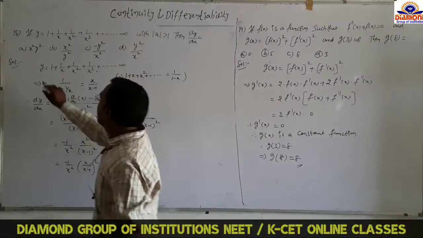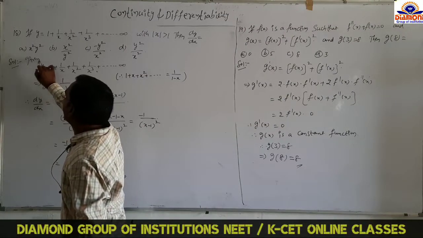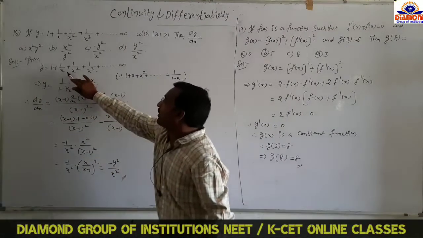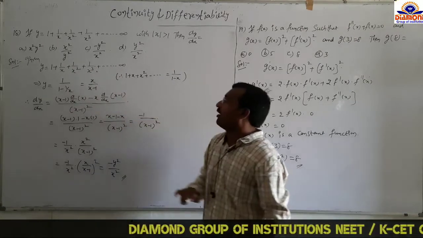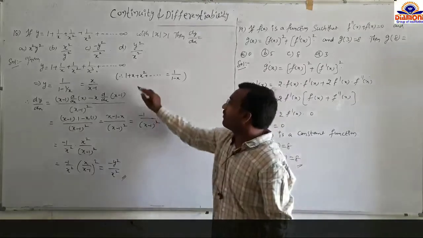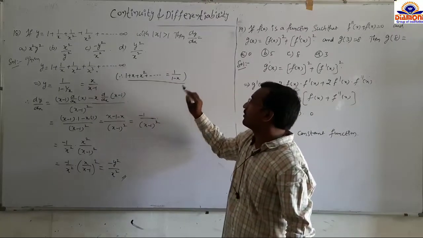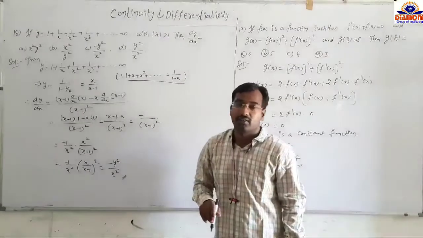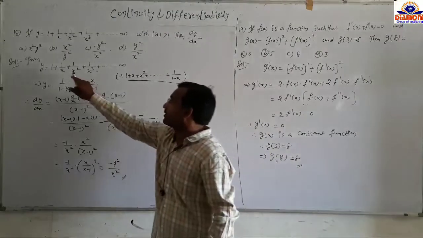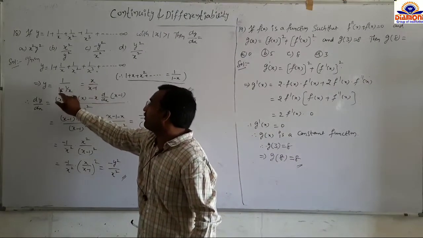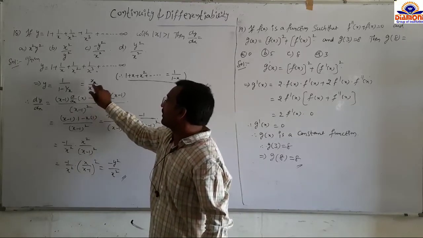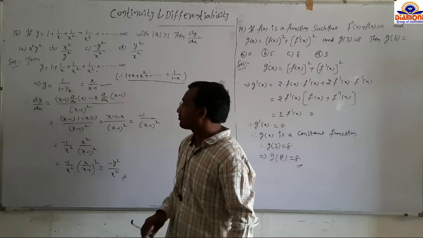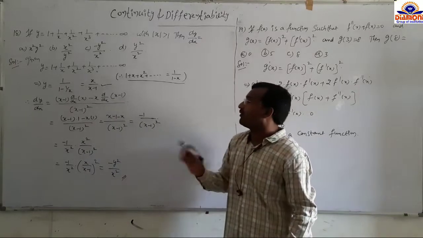What is the given function here? Here given y equal to 1 plus 1 by x plus 1 by x square plus 1 by x cube and so on. Actually we have the condition 1 plus x plus x square and so on up to infinity is 1 by 1 minus x. Here in the place of x, 1 by x is given. That's why you can write 1 by 1 minus 1 by x. Here LCM is x. So that can be written as x by x minus 1. So now find out dy by dx.